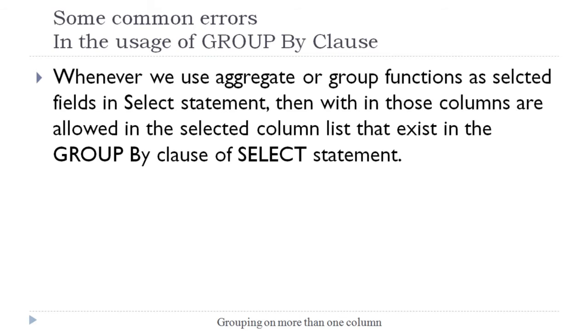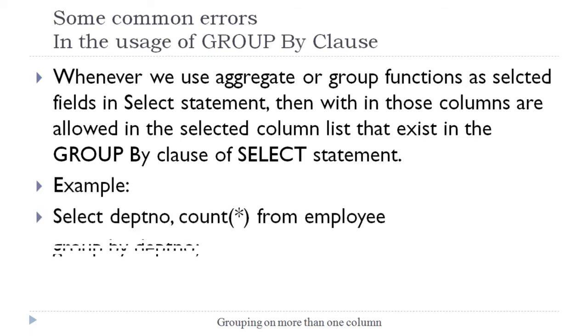There are some errors which normally a user makes in the usage of group by clause, and one should be very clear about this logic so that we do not make such mistakes. In a select statement which contains group by clause, only those columns are allowed in retrieval list of column on which grouping has been performed. No other column is allowed in select column list except group by column. For example, if we are making a grouping on department number field, then we can only retrieve department number column in select column list with some aggregate function as shown here.